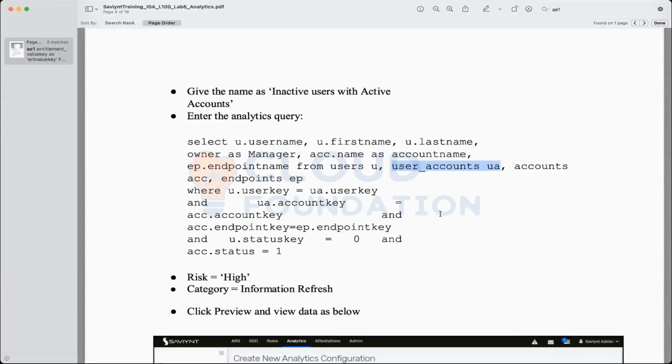See, if you have 10 attributes within the users table and 10 attributes in the accounts table, 5 from both will exist in the user accounts table. The user accounts table will have 5 attributes, but those 5 will also exist in the users table, and the same 5 will also exist in the accounts table. That's how you are maintaining the correlation.